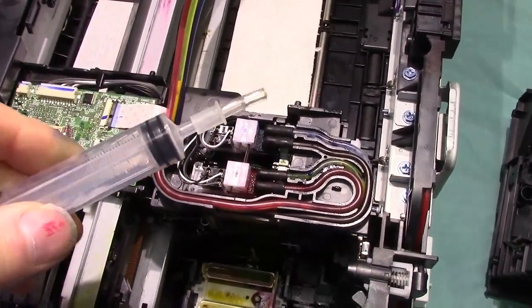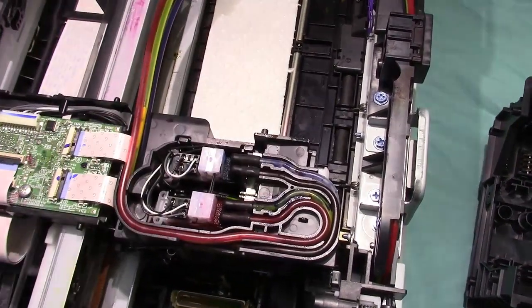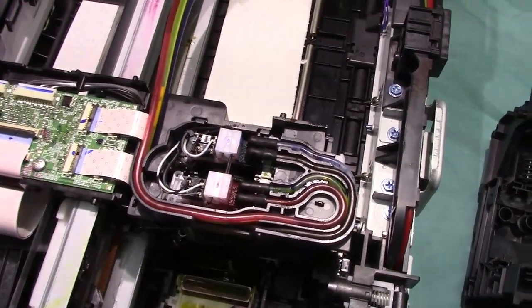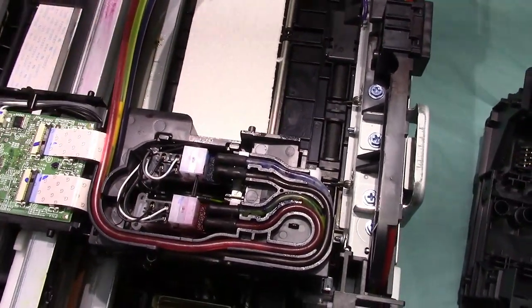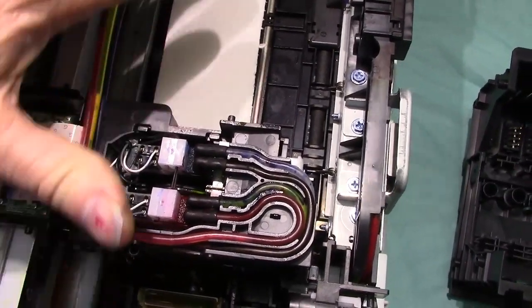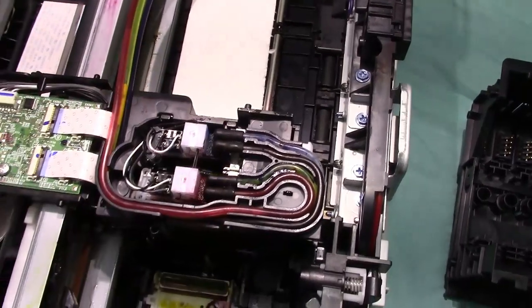Now after you get done using the cleaners, you got to fill the syringe back up with some sublimation ink, the color you're working on. Go over and add sublimation ink back to the printhead. Then once you do them, and you only fix the one that's broken, don't do the other ones. Now once you get it flowing and new ink added to the printhead, then you can put it back together,